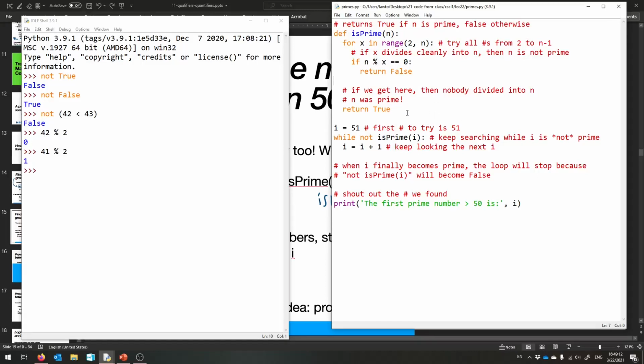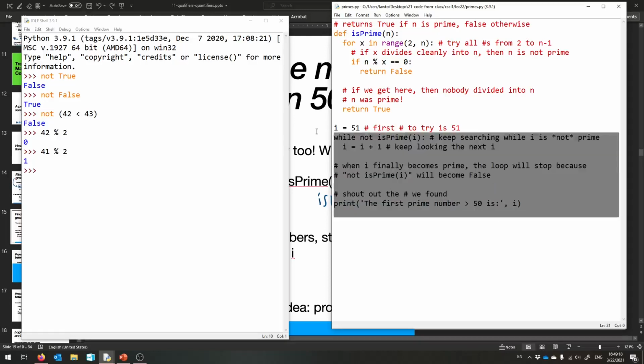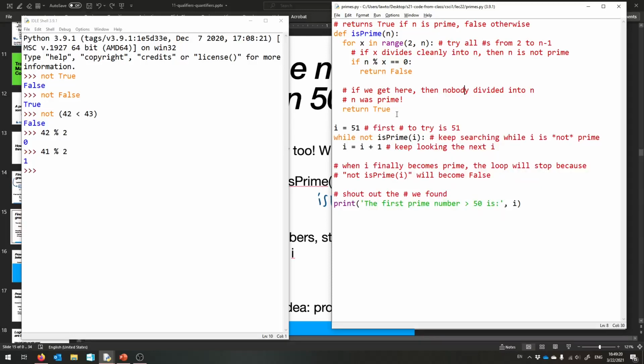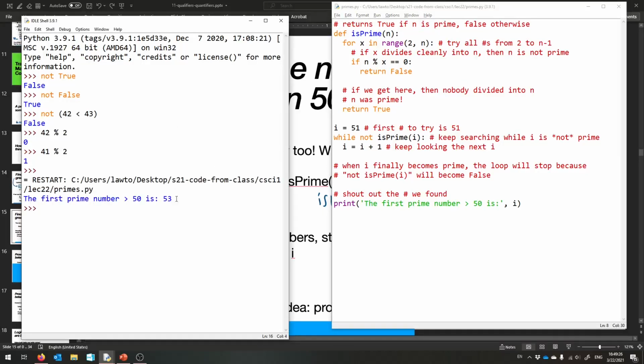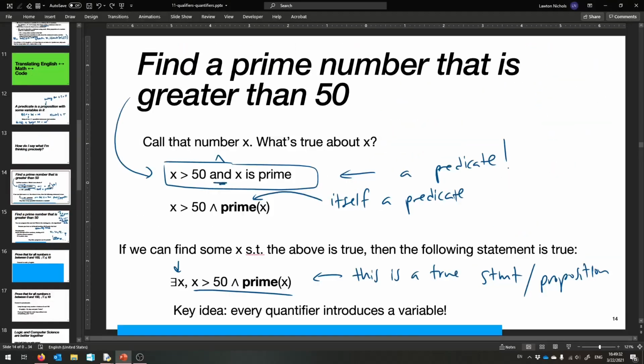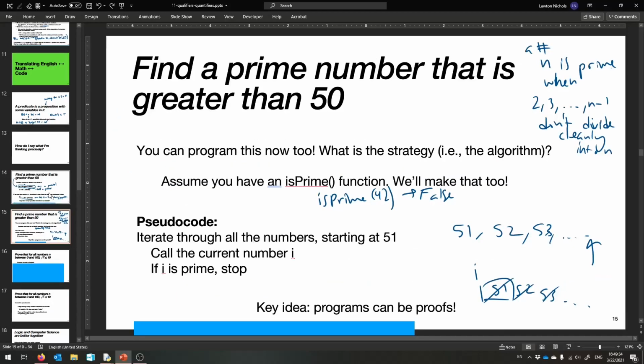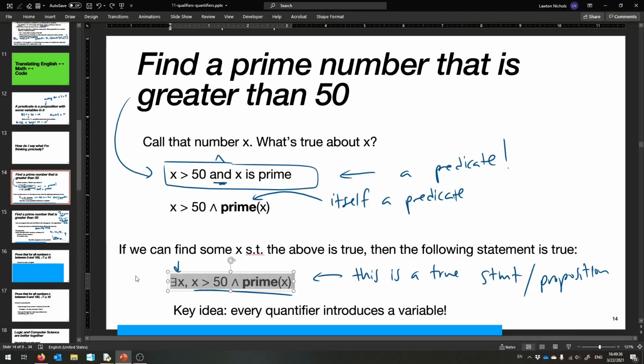So this is a nice, easy way to find out if a number n is prime. We'll give back true or false, whether or not it was. And now I think we have everything we need to find the first prime number greater than 50. Are you ready? Okay. Oh man, it looks like 53 was prime. Isn't that fun? So that is how we went from what we want to code after an intermediate step, figure